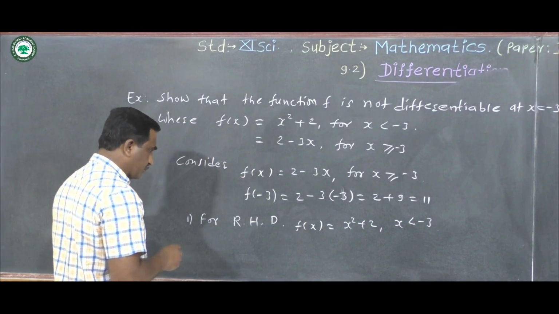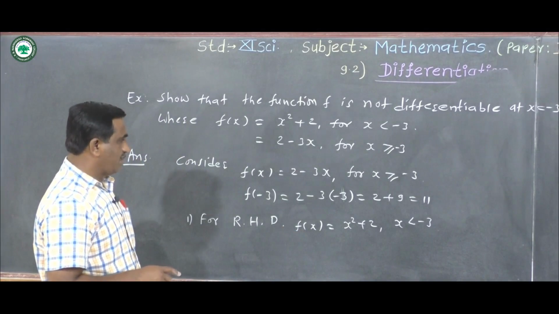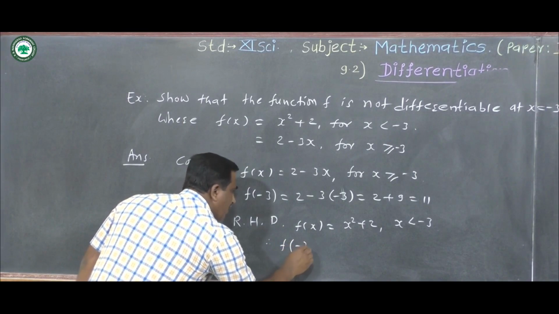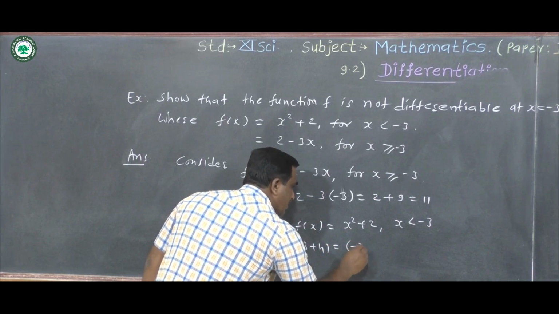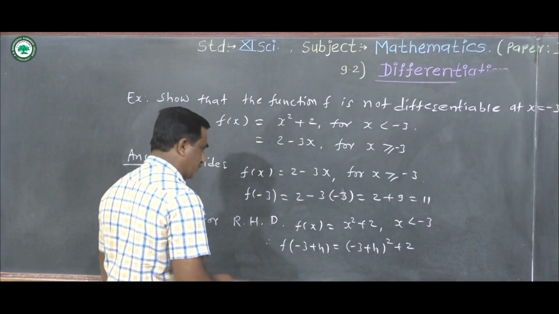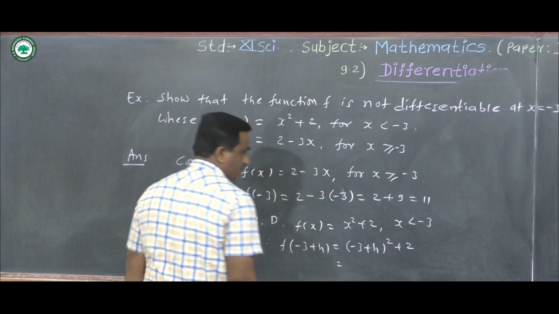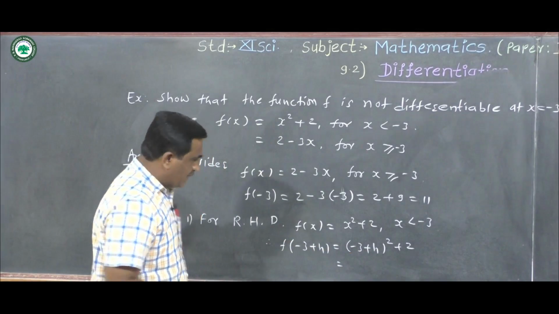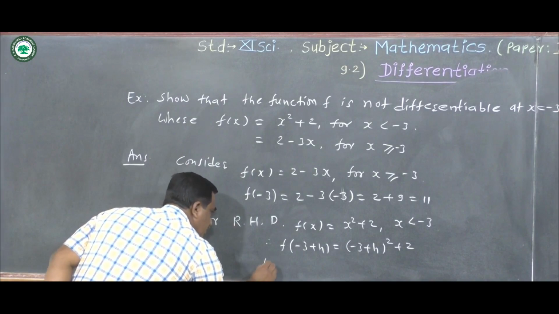Now we have to put here x is equal to -3 + h. Therefore f(-3 + h) is equal to (-3 + h)² + 2. That is, we get here (-3 + h)² + 2. We can take expansion for this bracket in formula. Now we know that formula is,